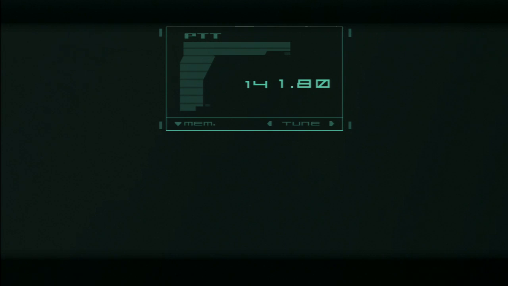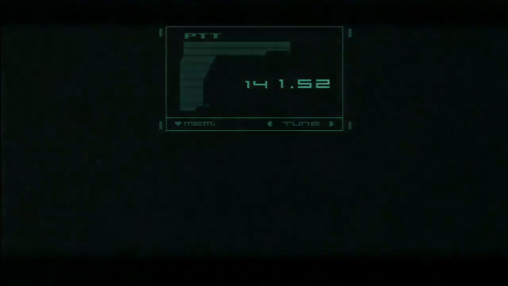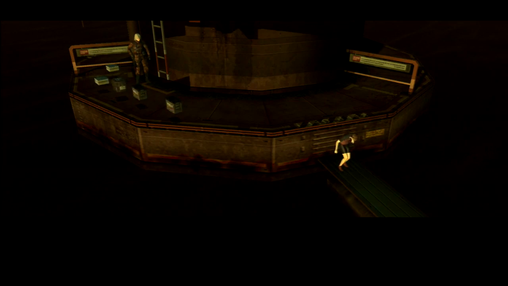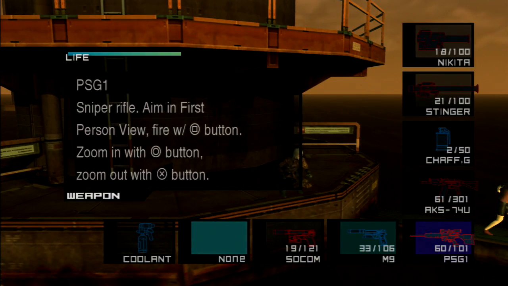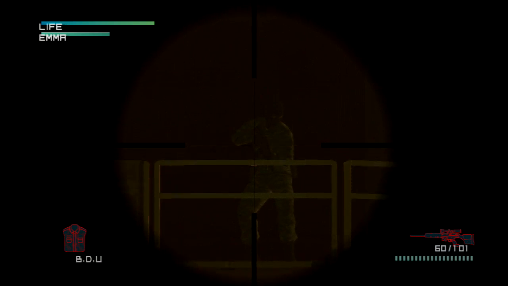Alright. So from easy to European Extreme, the thermal goggles will not be here. So you have to pick them up when you are questioning Ames, because there are mines on the bridge. And the only way you can see them